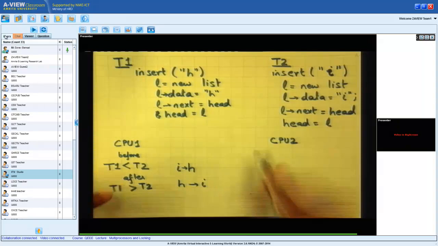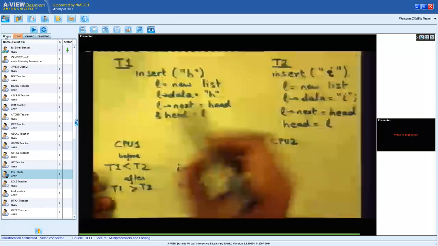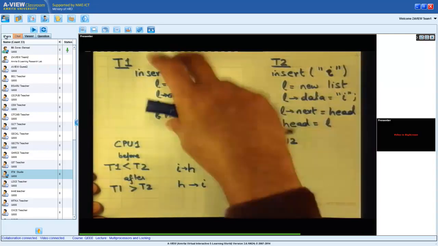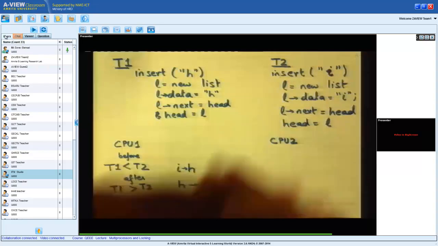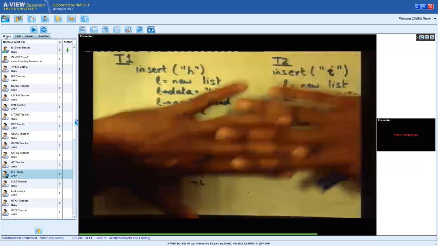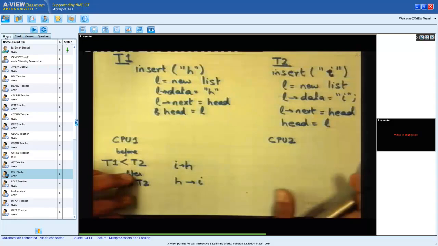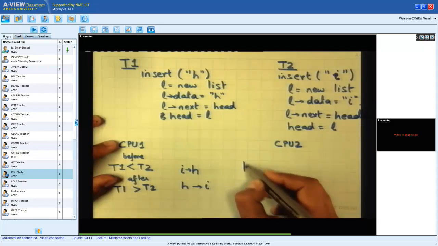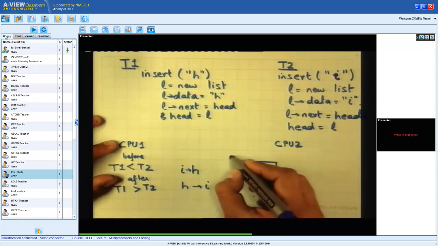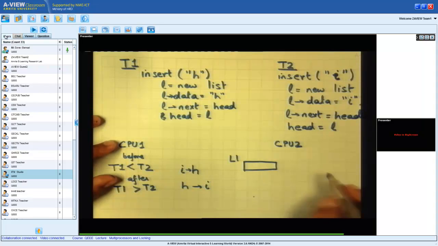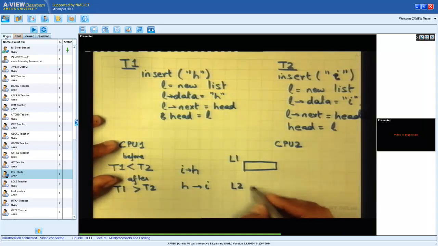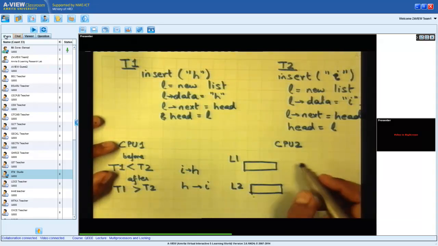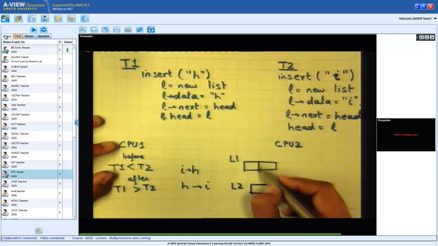So let's see what happens. In the first case, one thing happened before another thing. In the second case, the other happened first. But let's say they both happened intermingled like this. Well, it can so happen that T1 creates one element called L1. T2 creates an element called L2, right? T1 puts H into its element.